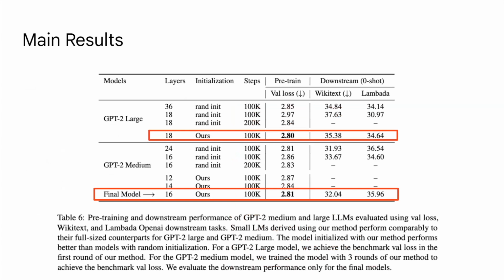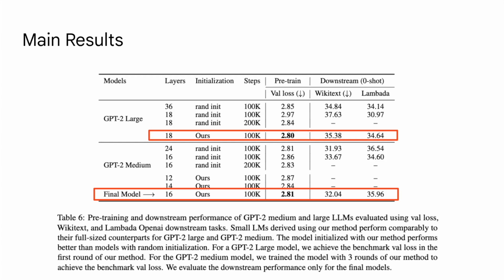A GPT-2 large model, which has 36 layers, and the smaller guy with just 18 layers, with the same training data and the same number of training steps, is beating the bigger guy. This is a little bit interesting to me. Also, if you see, there is this other same 18-layer model initialized randomly, even with 2T, twice the number of training steps, we still beat the same size model, which is the 18-layer model, and it beats the bigger guy, the 36-layer GPT-2 model trained with the same training steps. So this method can be useful to reduce the model size without compromising your val loss.